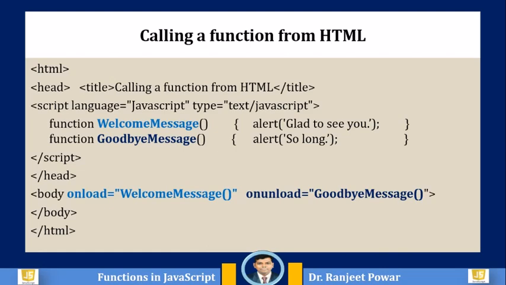Then, how to call the function from HTML code? A function can be called from HTML code on your web page. Typically, a function will be called in response to an event, such as when the web browser or web page is loaded or unloaded by the browser. You call the function from the HTML code nearly the same way as the function is called from within JavaScript, except in HTML code, you assign the function as the value of an HTML tag attribute.